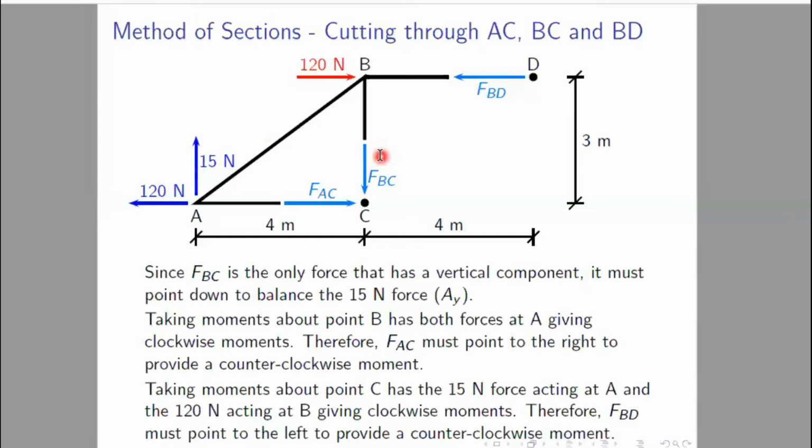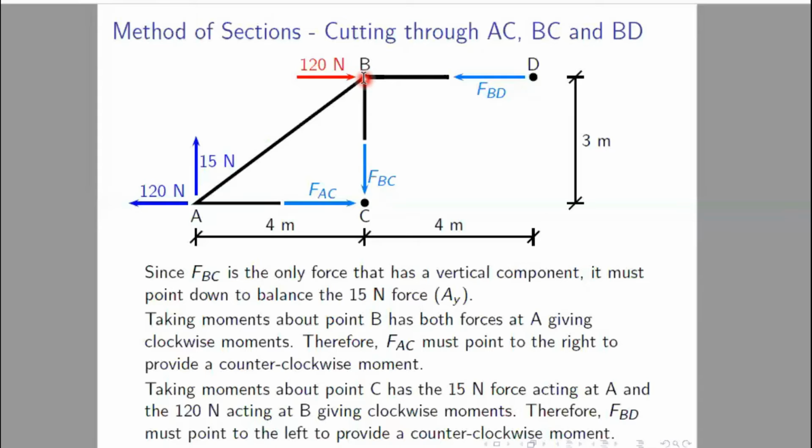Now if we consider point B, and if we take the moment with respect to point B, then what will happen actually? You can see, take the moment about B, this force has no contribution. If AC is acting in the counterclockwise direction, if we take the moment about B,